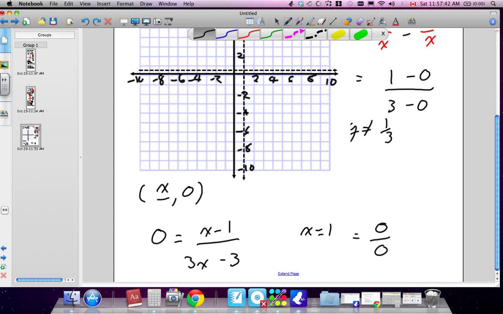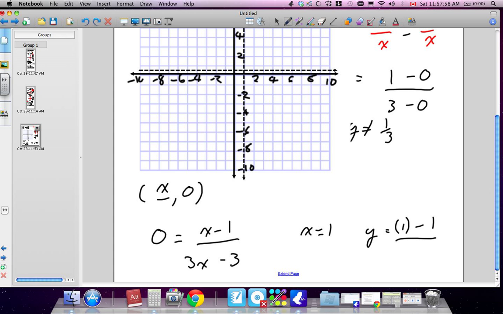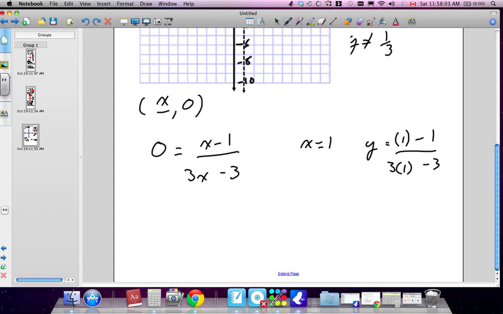Yeah, so let's plug that in. So let's see what we can do. So what's happened here is we have y equals, when x is 1, 1 minus 1 over 3 times 1 minus 3. What do we end up getting? 0 divided by 0. Okay, so we have that